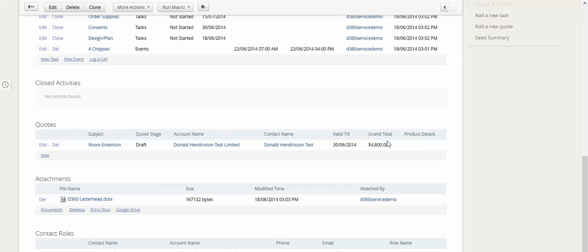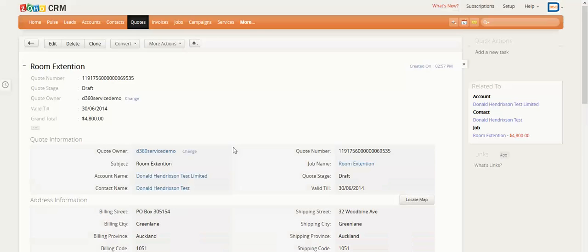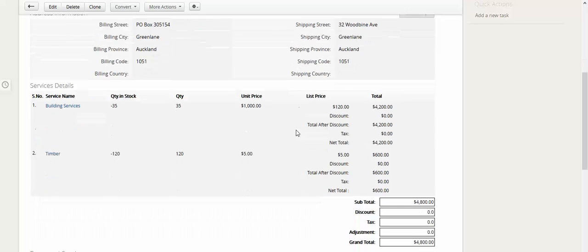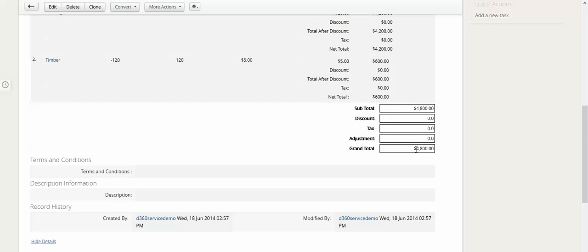I can see that there's a quote in here, so if I click on that, I can see that there is 35 hours of building services, and there's 120 meters of timber, and the grand total is